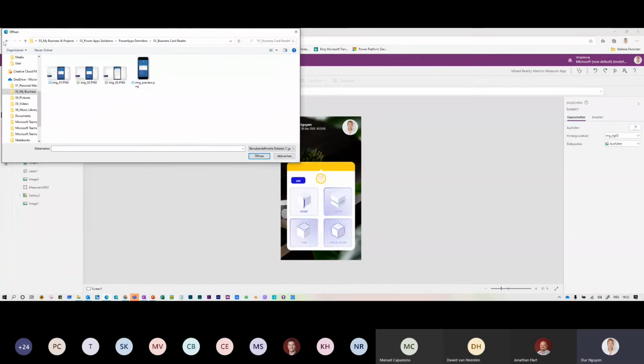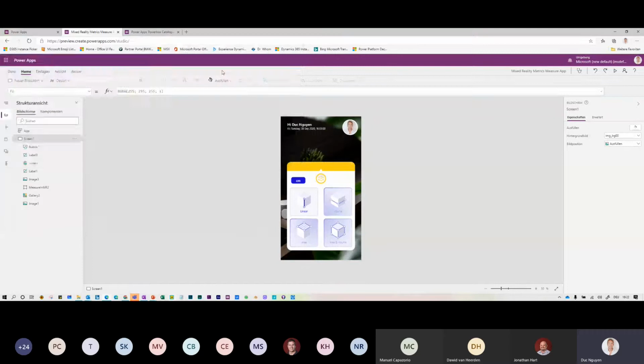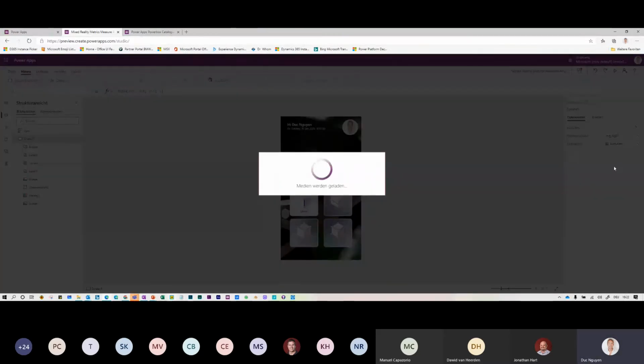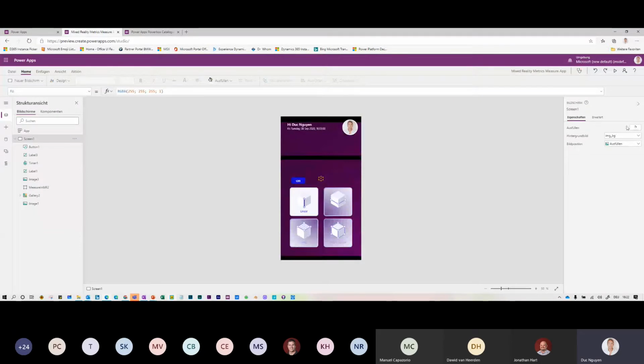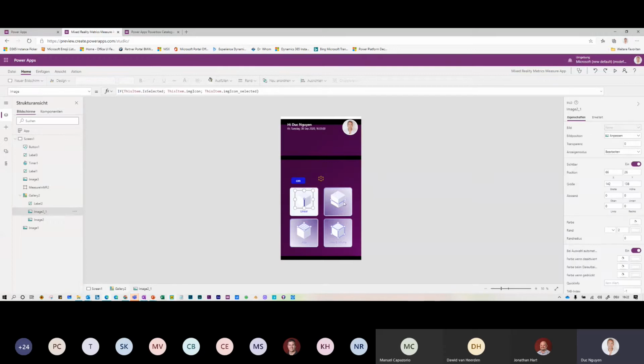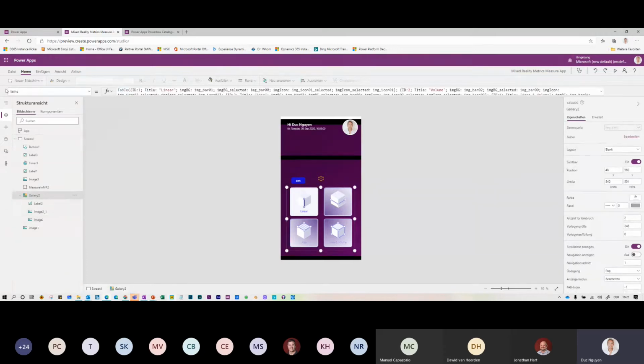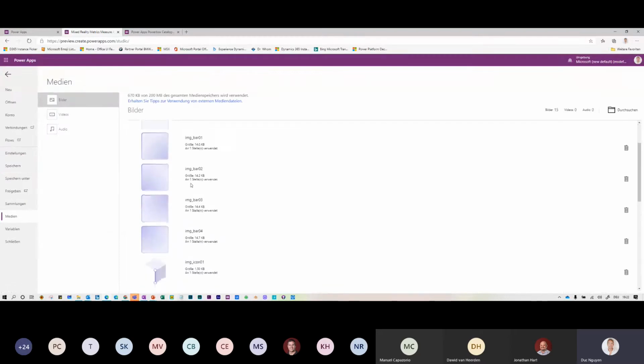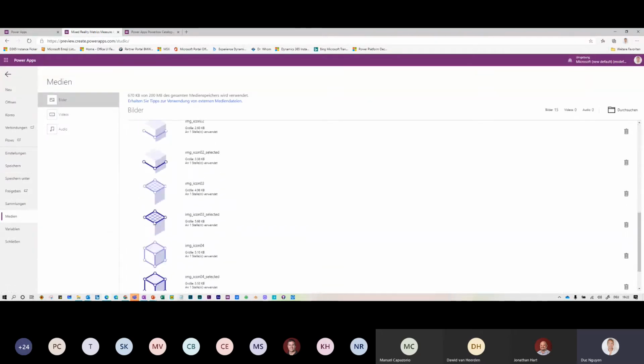Let me use one example. For example, this background image. And once it's uploaded, you will see it fits the screen, and you can use the properties to change everything based on the design you have done with PowerPoint. And the same thing goes for these buttons and elements. Everything you see here is just images. I use these images from PowerPoint to upload everything into the Canvas app, and then you can reuse